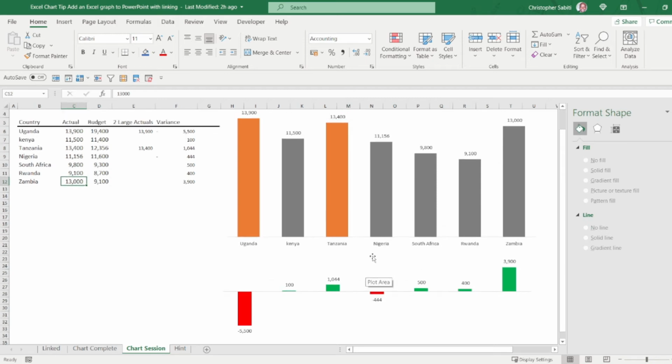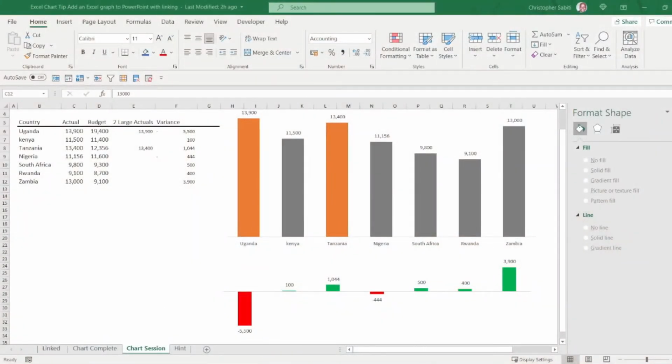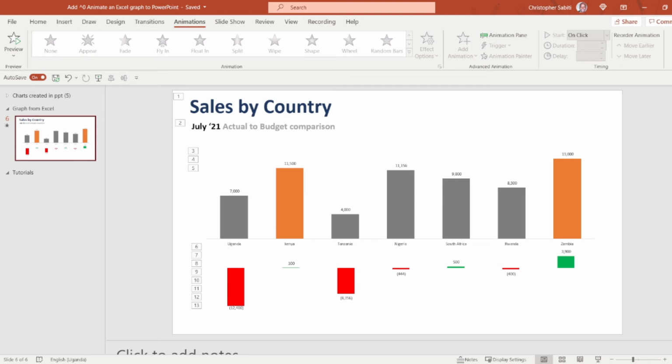Now, the next bit is we are going to our PowerPoint. We are going now to present this in PowerPoint. So we are going to copy our graphs, which we have already worked on in Excel. We take them to PowerPoint, then we start looking at how we can animate them, how we can create all the other bits such that we can have the best presentation at the end of the day. So let's share our screen and go directly to PowerPoint.